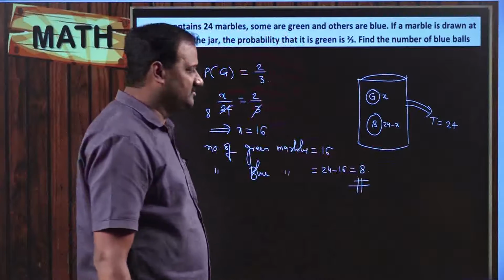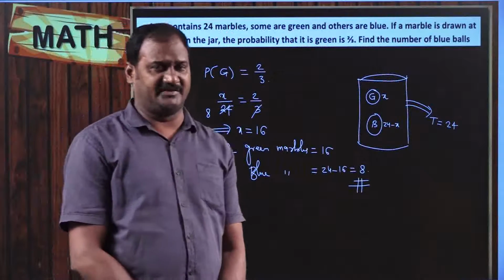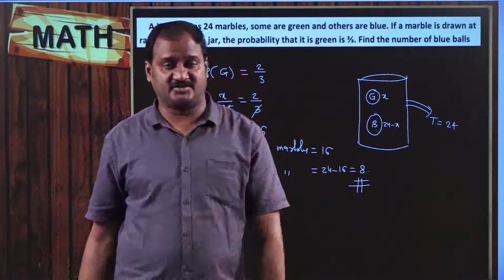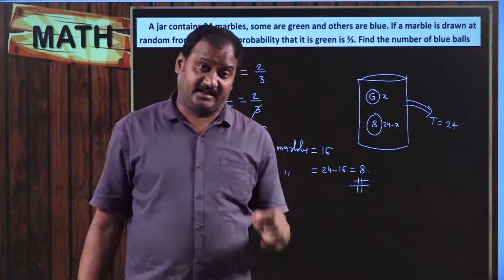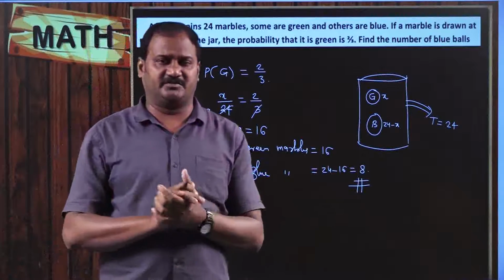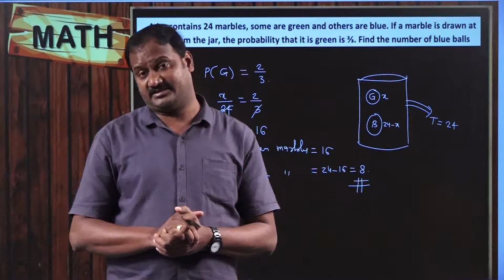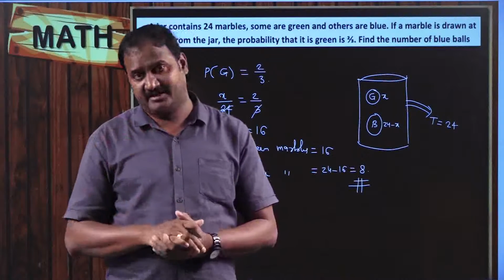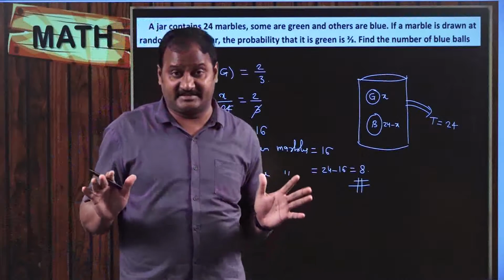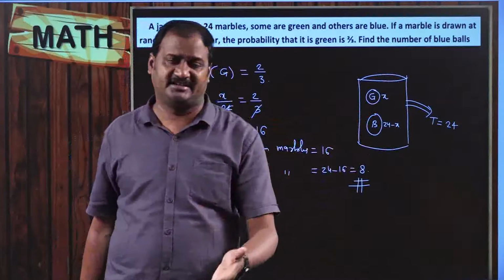This is similar to the previous problem, and these are exactly the kind of problems given in previous board examinations. All these problems are quite simple; you need to understand the situation given in the problem. It is mandatory to write the formula. There is only one formula: the probability of an event E is the number of events favorable to E divided by the total number of events. Writing the formula carries a minimum of half a mark. I also drew a figure for you to get a clear idea.